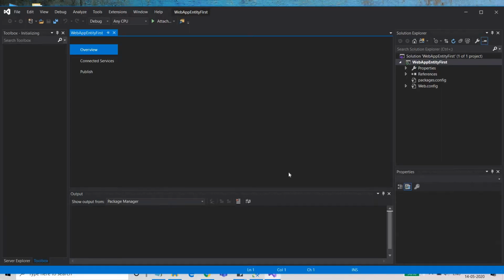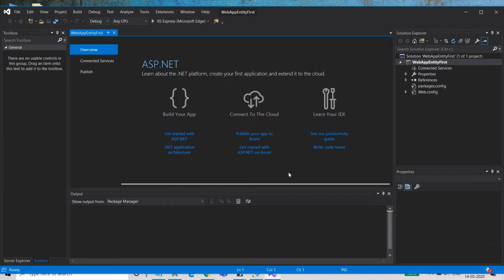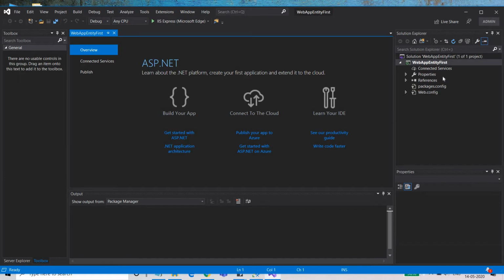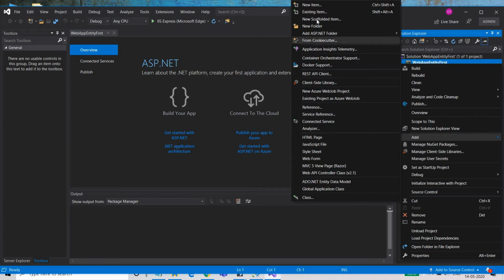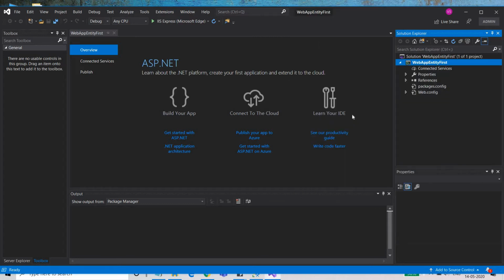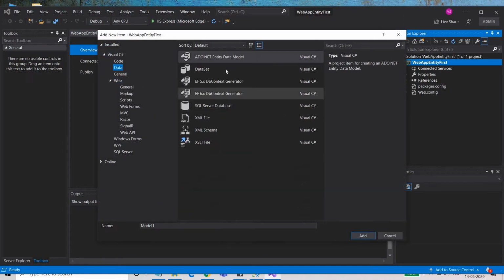Okay, so this is visible now. It's a bit slow. So as yesterday, first we move to this menu option, add, then new item, then data, and then select the ADO.NET entity data model, and here we are going to create a table for some login user details.